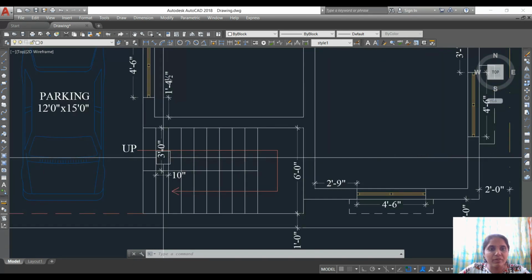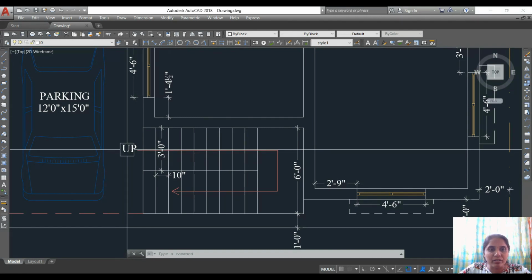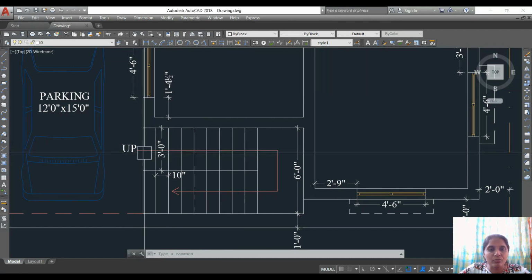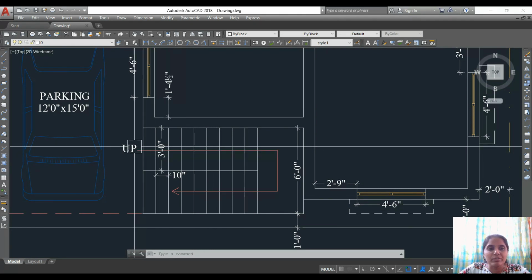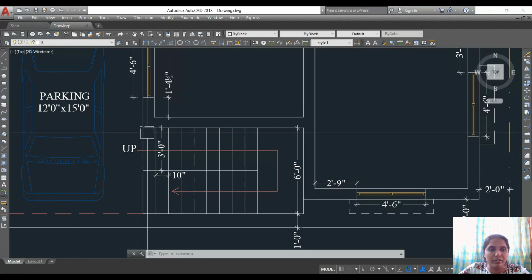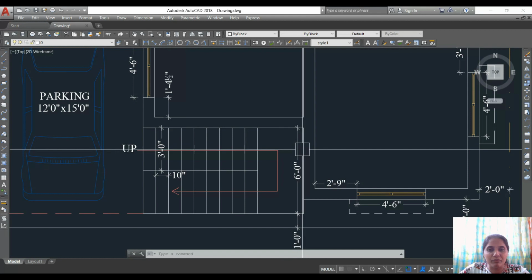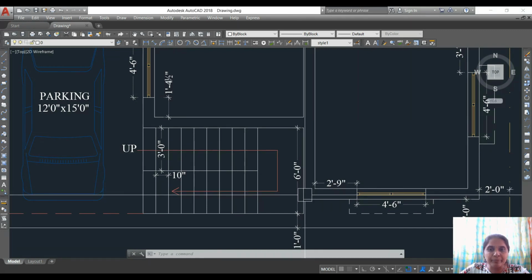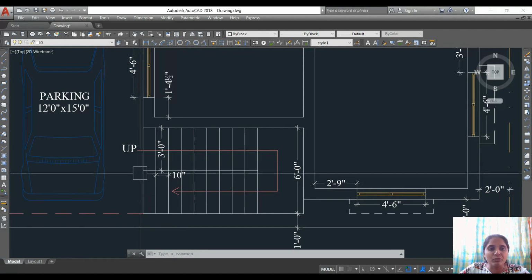So the staircase we are having in this way. So here is the starting point. So from here we need to climb up and then come this way. So what we have to do is, here we will be having the mid landing beam at this point and then roof beam at this point. So we'll start from here and one flight will rest on this mid landing beam, and again this flight will start from this mid landing beam and go to the roof level beam.